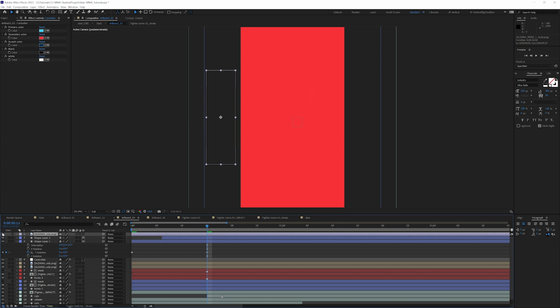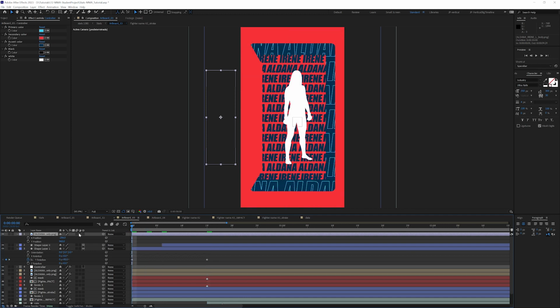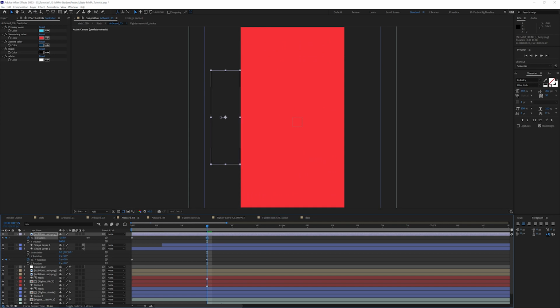And then the fighter is going to come in there too. So let's line up those keyframes. And the fighter can be,